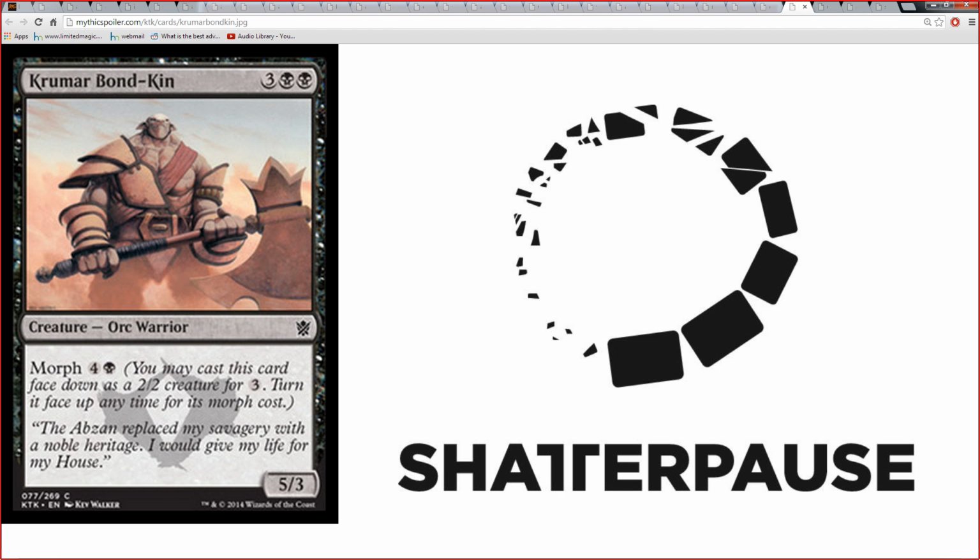This is a bit of a weird one. This Krumar Bonkin, the 5/3 for 5, which is actually pretty good stats, and it's got morph for 5 as well. So it's one of those unique morph cards that have about the same mana investment as just straight out playing it. Yeah, a lot of times you get a little bit of a discount. If you play it face down, you can usually turn it face up for one less mana. But this one, you have to make the decision,